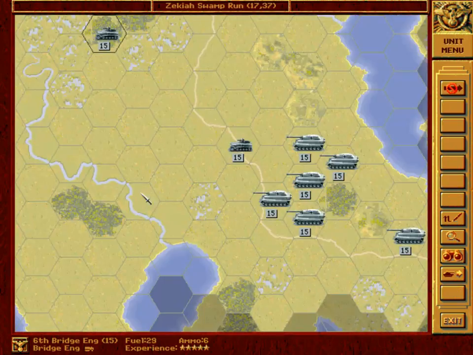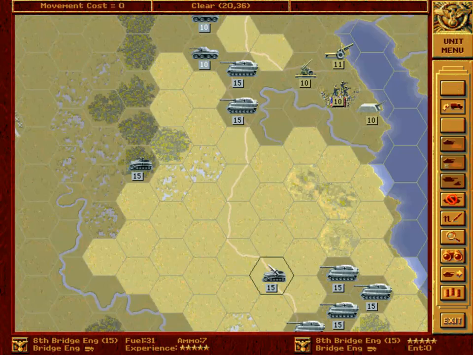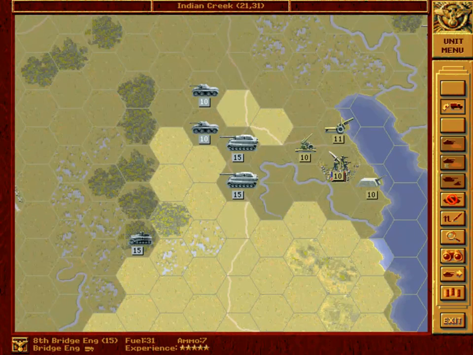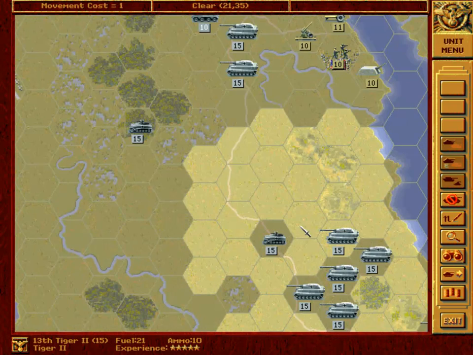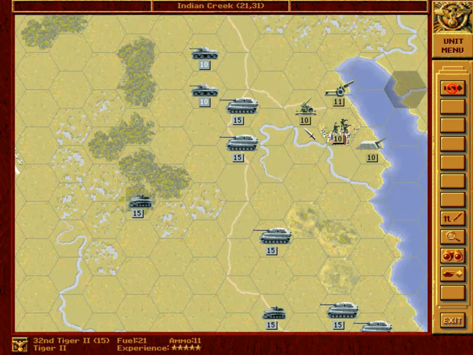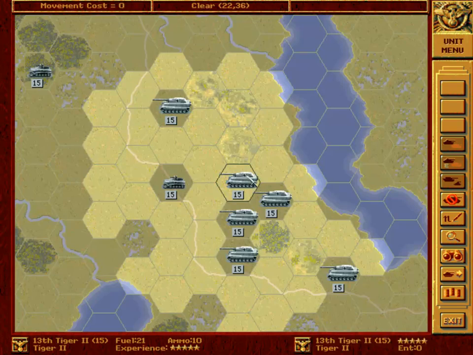Bridge engineers advancing. They will reach these units in 2 turns, this one in 1 turn, so everything going according to plan. But now, of course, the question is what to do with these defenders. True, we have tigers in the area, and this will help, but somebody will of course have to attack this artillery,